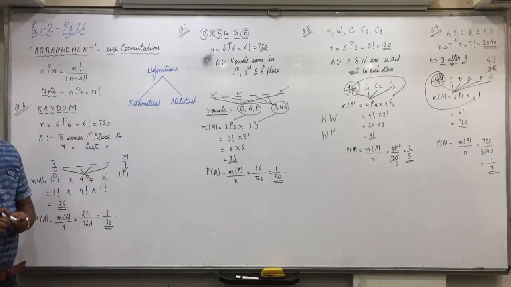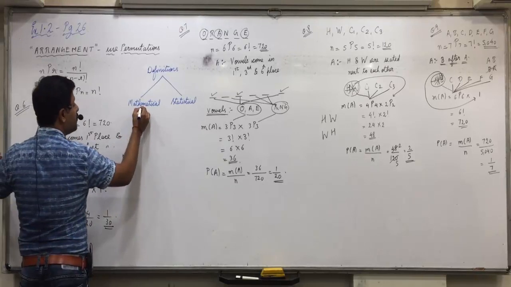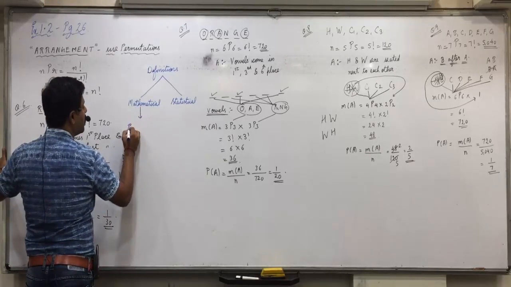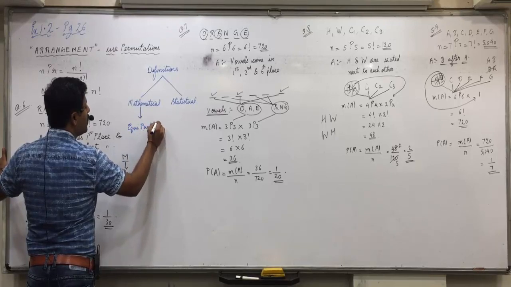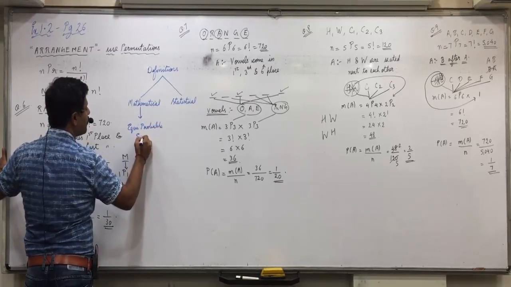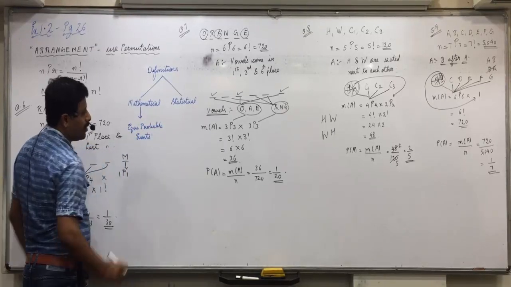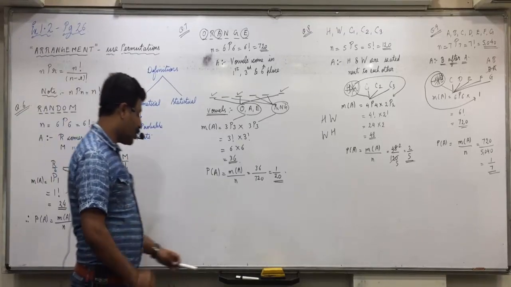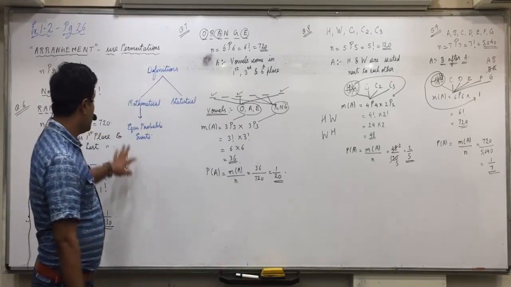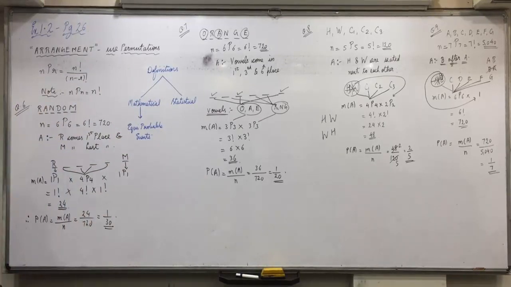And for the mathematical definition, we need to understand one term which is called equiprobable events. Just remind me, one more term is left out that we'll see from the textbook. We have seen up till different events, but one term I left out for the end, so that also we'll see. Now, what is equiprobable events?